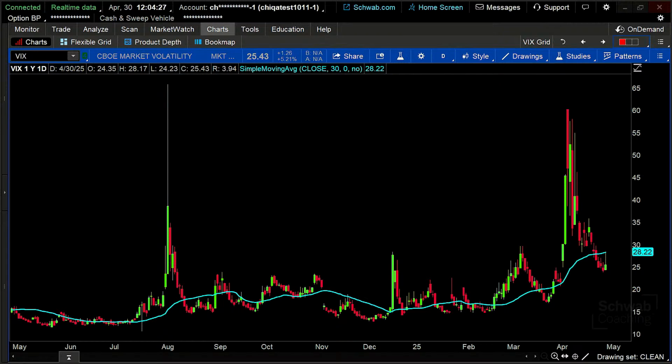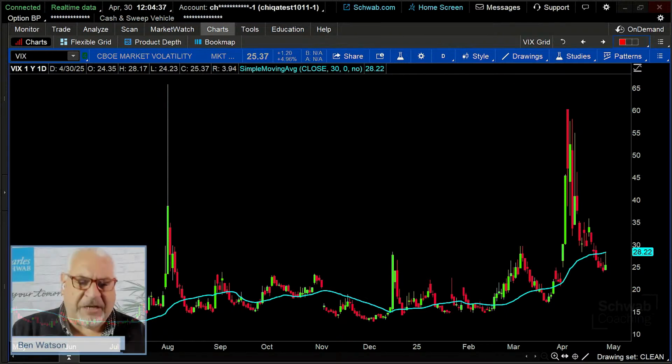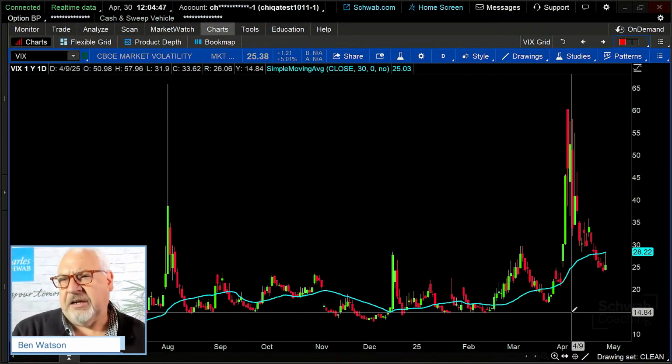And this is suggested by option pricing. This is looking at a 3-month rolling average of in the money, at the money, and out of the money calls and puts on the S&P 500. And it's a reflection of what the market's expectation is for movement. A couple of different ways that we can evaluate volatility.